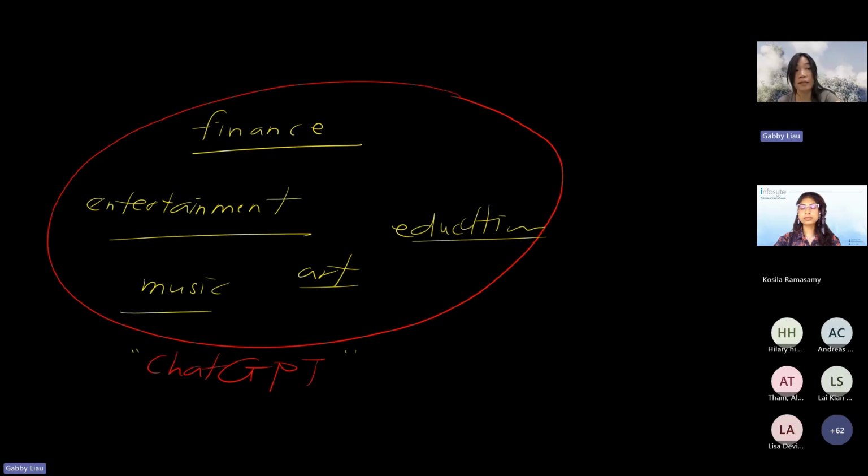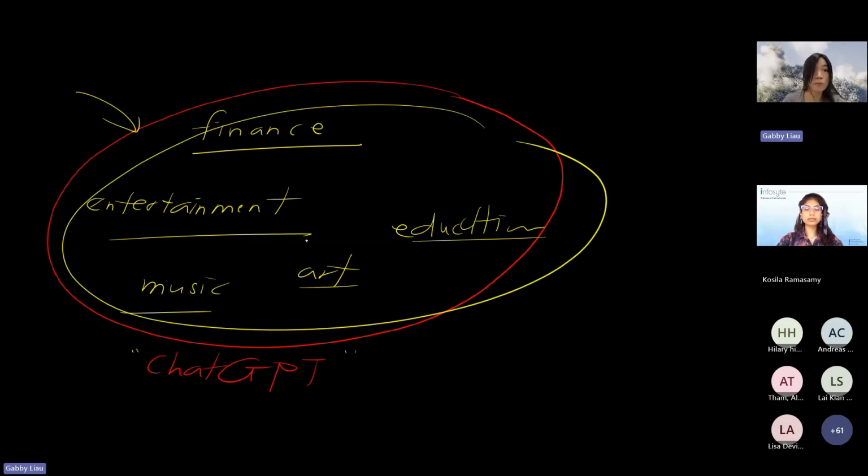Some of us are working in a marketing department, in production, in finance. No matter what kind of question we ask ChatGPT, it will be able to answer us, because it has been trained with a lot of information from different domains. So this is very good. That means you can ask it any kind of question. But there's one problem with this.